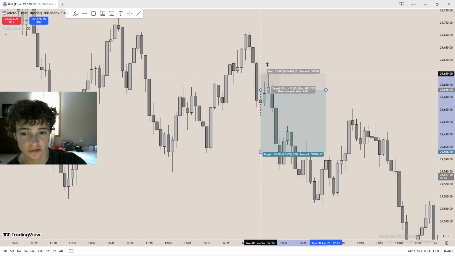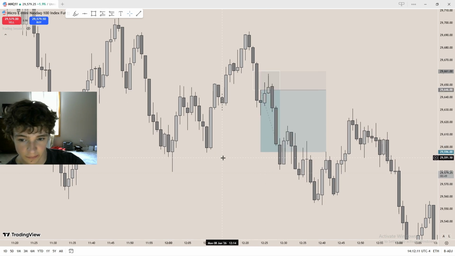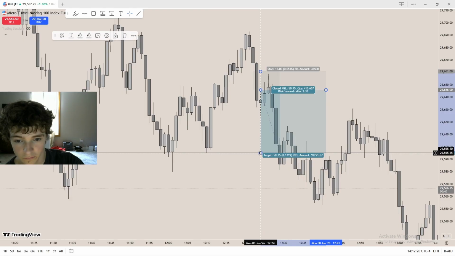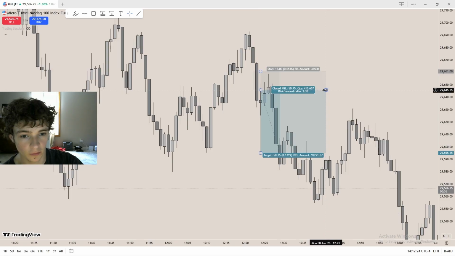I usually like for it to get into the fair value gap and then get out of the fair value gap, so I would have entered off of the out. Right whenever it got out, I would have shorted to about right here, being realistic. And then boom. Look at that fair value gap. This is a beautiful 1 to 3 trade.